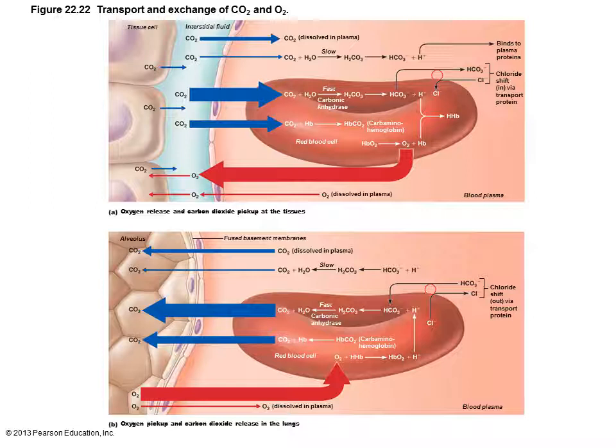This is called the chloride shift, which is the reverse. And then that bicarbonate ion will pick up the hydrogen ion, which is basically removed from hemoglobin